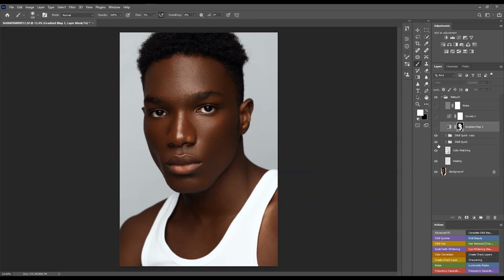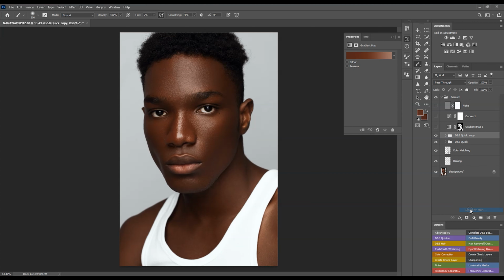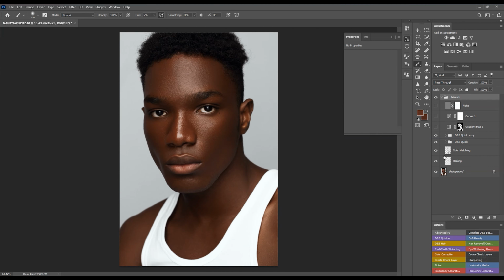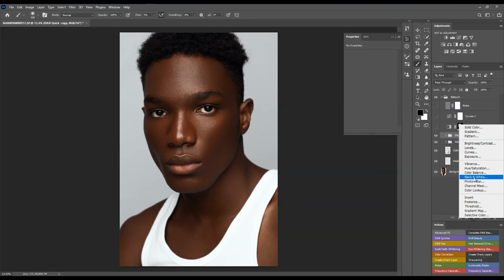I actually did this. So when it comes to trying to match color of the face and the skin, I still felt like there was color missing from the face and the skin, and I wanted to match it. Hence, I created a new gradient map too. Right? Let me hold on. Let me show you exactly what I did. I created a new gradient map tool,